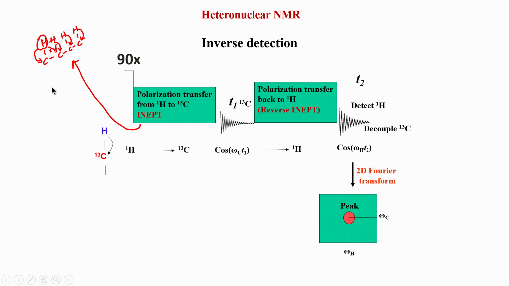Let us say we have a biomolecule or a molecule where we have a proton attached to nitrogen, but remember it has to be N15, we do not study nitrogen 14, and this side is carbon. So we take this proton and transfer the polarization to this nitrogen 15. If it is not nitrogen 15, if it is 14, then we have to look at the natural abundance of nitrogen 15.